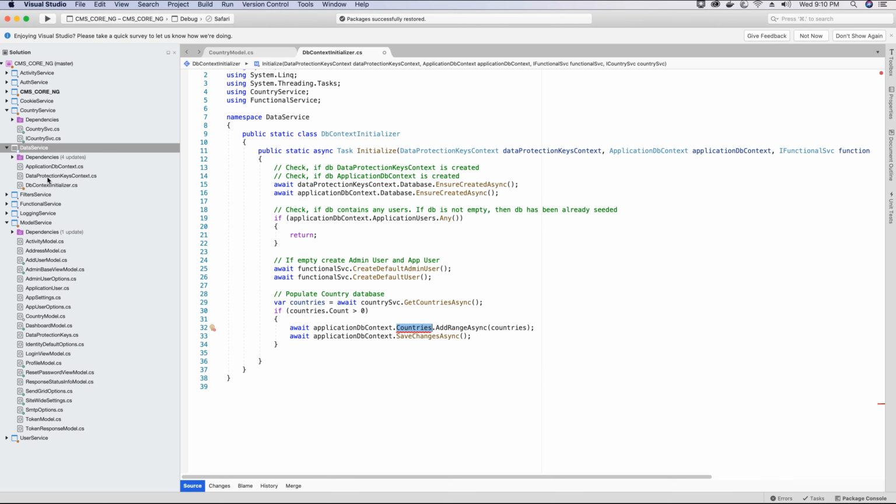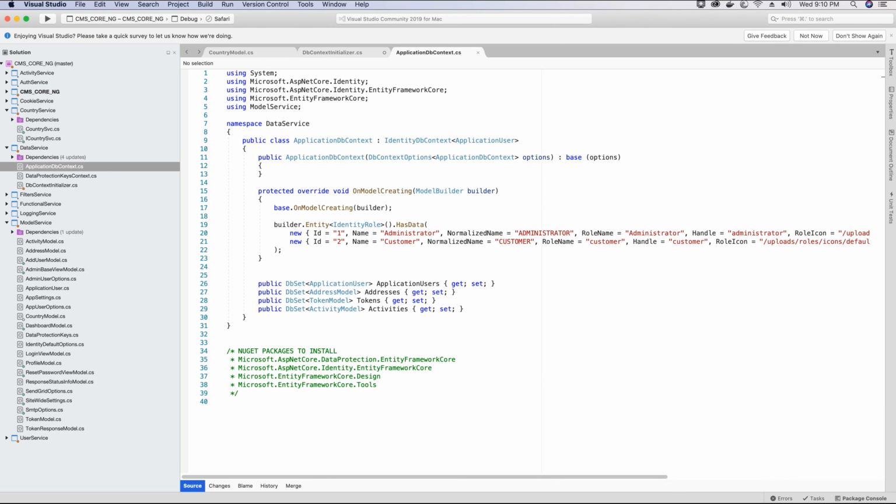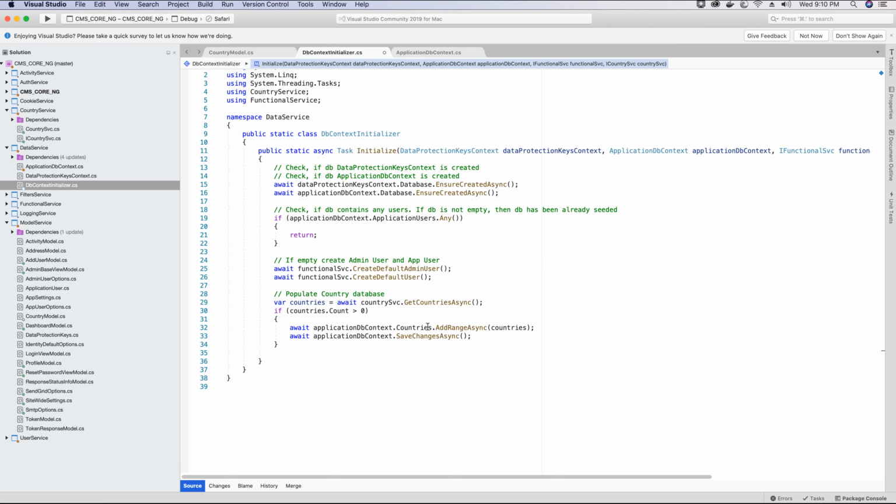So if we go back to the application DB context, here we would need to add this countries DB set. So here I'm going to add the DB set for countries, save this, and if I go back here I should not see the errors. So I'm using add range here because I'm adding multiple country objects. So I am using the add range async method, and this is an asynchronous method,